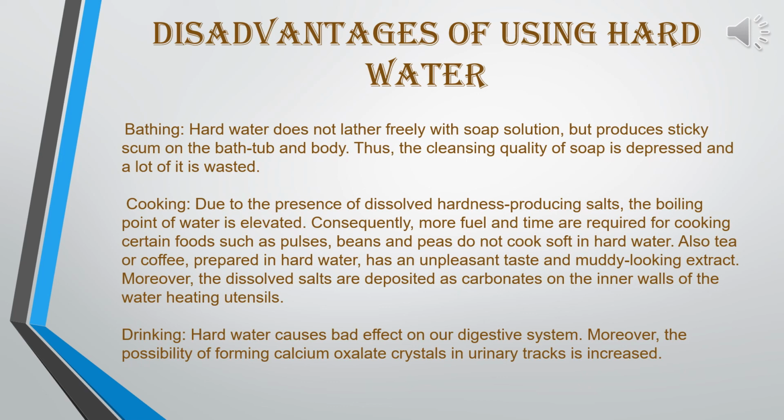Hard water is not suitable for use in boilers for the production of steam in industries. During boiling, hard water produces white deposits of insoluble substances called scales. The scales consist mainly of calcium carbonate, magnesium carbonate and calcium sulfate salts. They are deposited on the walls of the boiler. These scales are heat insulating, which causes greater consumption of fuel. They also block the pipes, which may cause accidents. Hard water cannot be used in paper and dyeing industries.